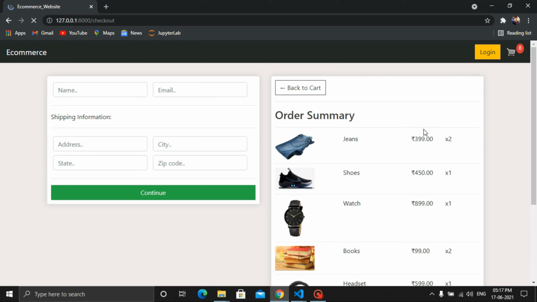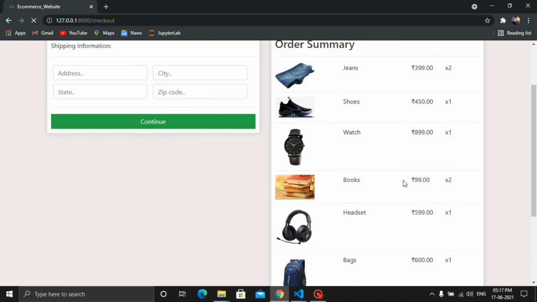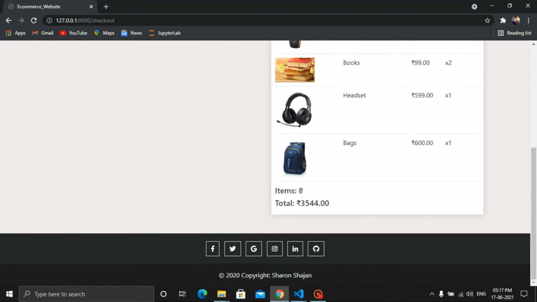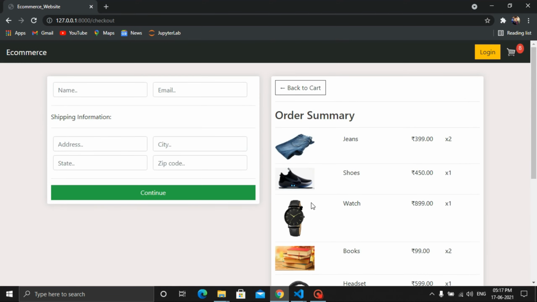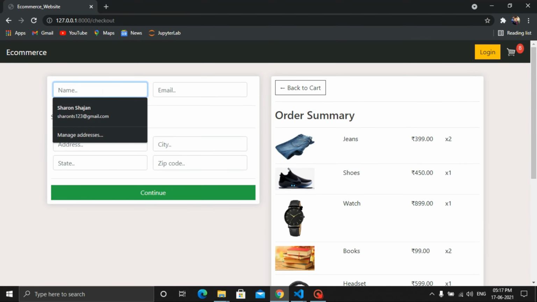So this is the checkout page wherein you can see the total amount, the items' total amount, and here is a form wherein you can fill in your personal details.